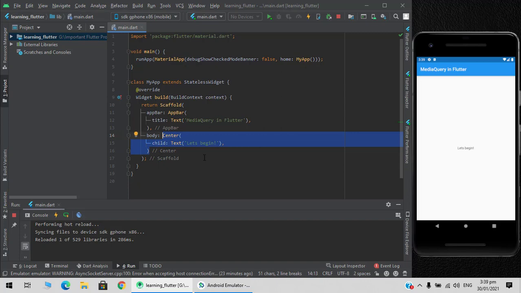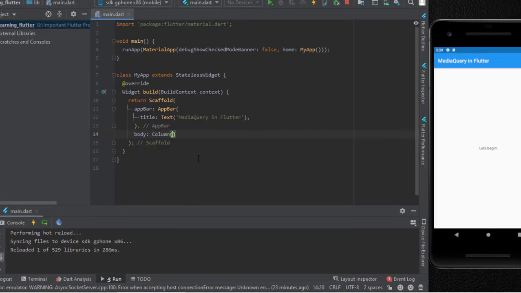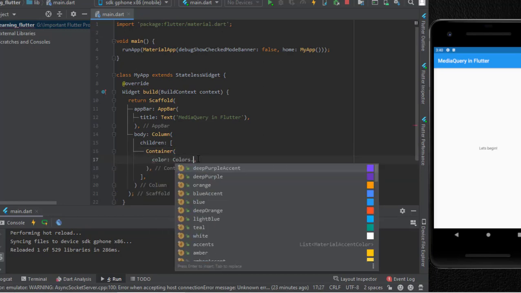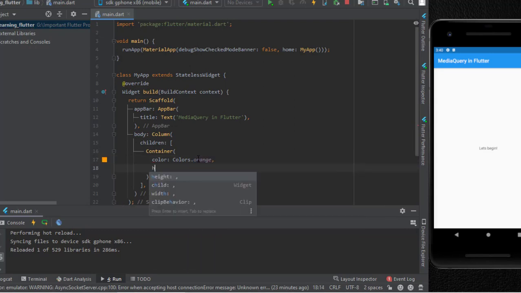Remove the center, add a column, and I will add the three containers here. For differentiation, I will give different colors to the containers, for example, Colors.orange. Give a height of 70 pixels.